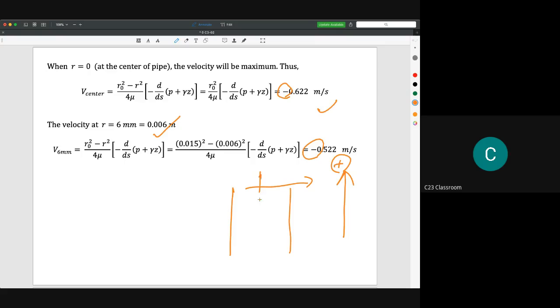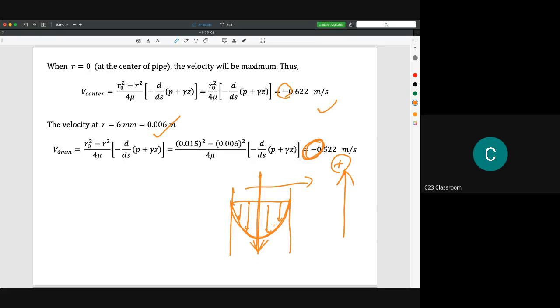The velocity is downwards here, so we assume that the velocity is in the negative direction. If you want to draw a velocity distribution for the vertical pipe like this,